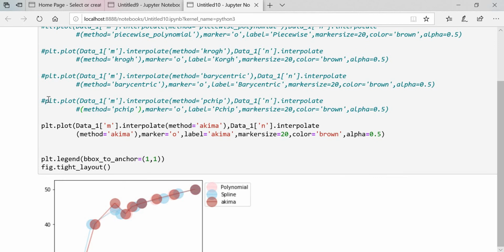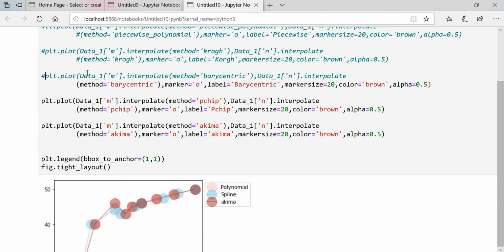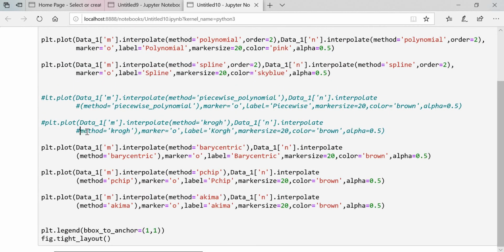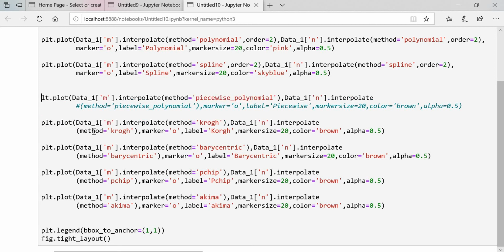Okay, so these are the 10 methods that we have used to fill the NaN values in the interpolation. These are the methods that we can use to fill the NaN, right?